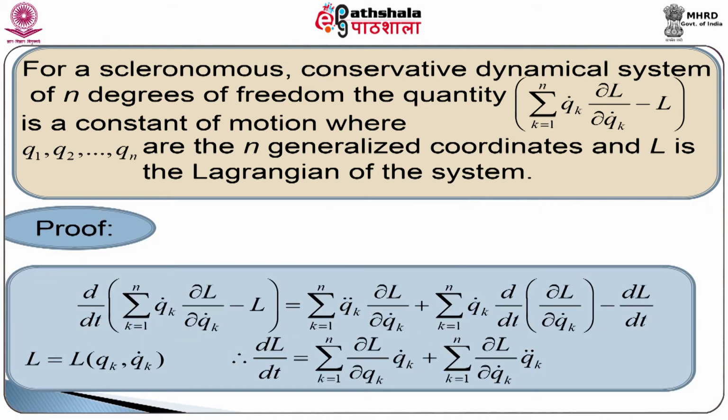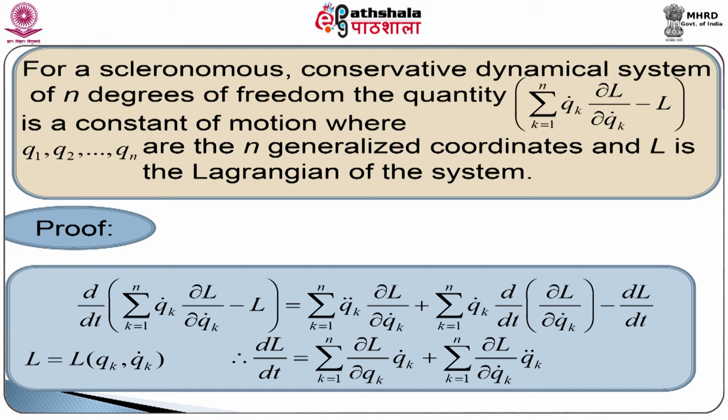Let us prove this result. By a scleronomous system, we mean that the dynamical system is independent of time t. For conservative system, the sum of kinetic energy and potential energy remains constant. So,